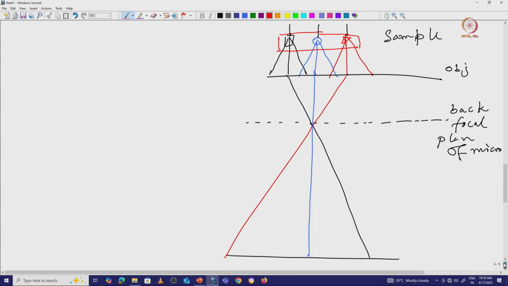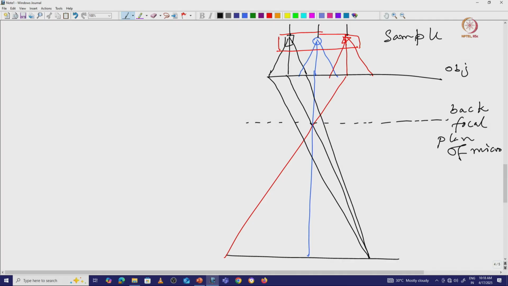Now, the first point: you can see all the straight rays are coming together and merge at one particular point. So, what about the rest of the waves? One of the waves here will come here and merge here, and this one will come here and merge at this particular point, right.